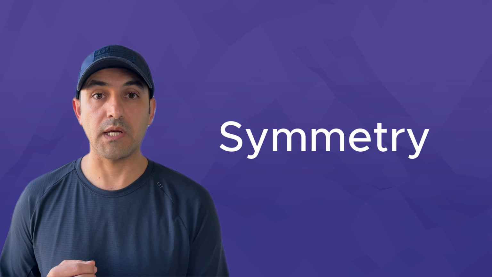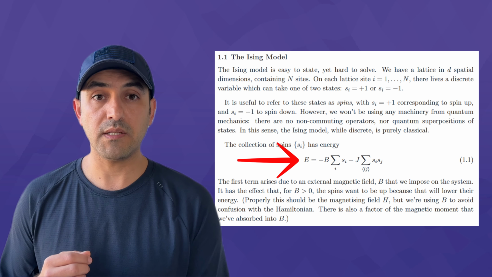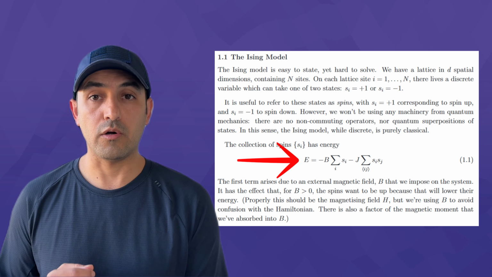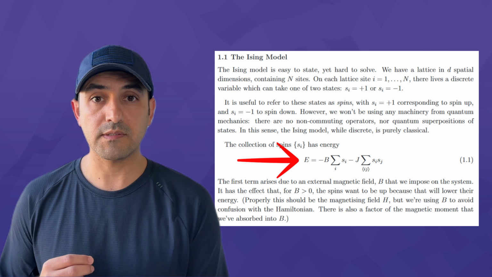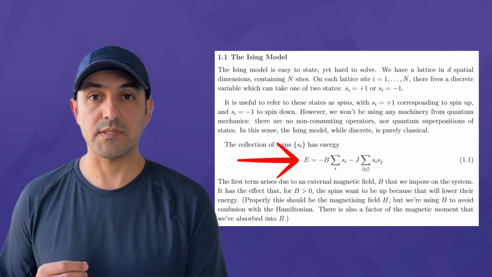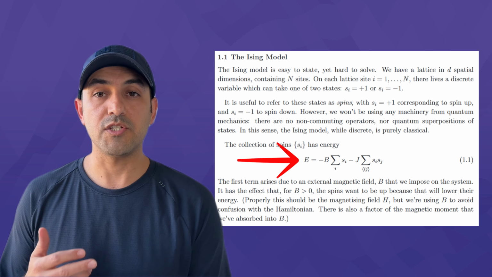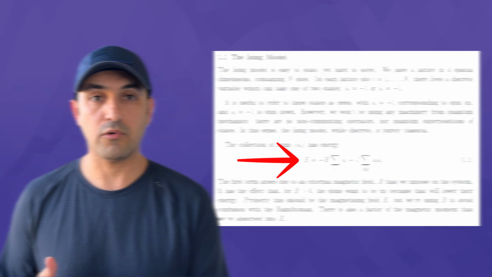Now, let me briefly discuss how symmetry can reduce the computation needed for training the model. First, remember that the J matrix and B vector are defined in terms of the weights and biases in the deep neural network. That means when we talk about training the model, we mean we want to estimate the values of the J matrix and B vector. Okay, now a probability function has a type of symmetry.